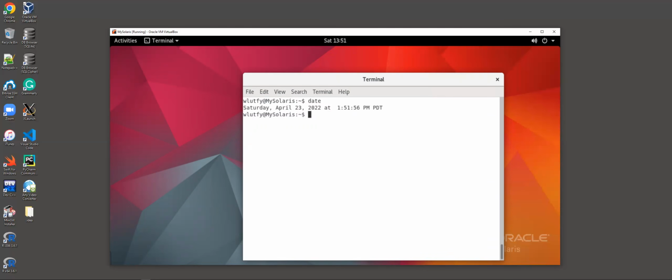So the time is April 23rd, and it's about 1:51, 1:52. That's accurate, Pacific Standard Daytime, and that is good. ntpq -p would show the peers, but it's connection refused because